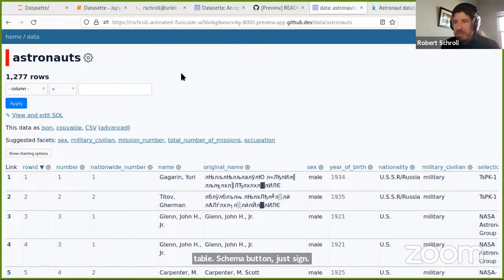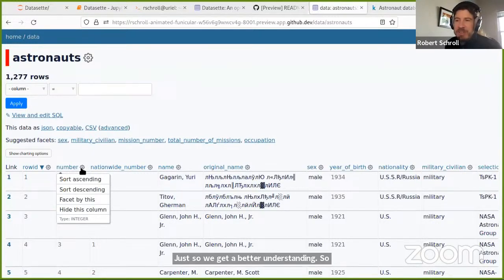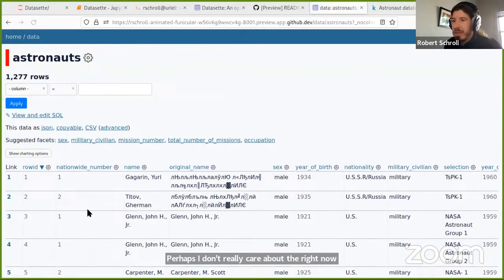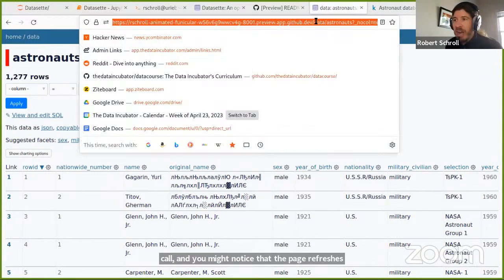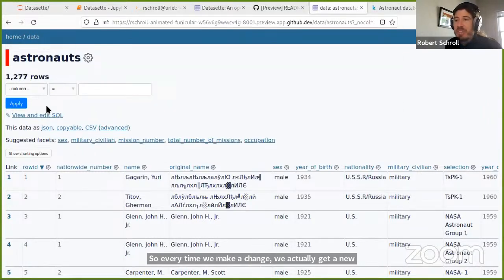So there's a lot of information, but arguably a little bit too much information here. Let's reduce the number of things we're looking at just so we get a better understanding. While these numbers are useful or interesting, perhaps, I don't really care about them right now. So I can click on the column and say, I just want to hide that column. And you might notice that the page refreshes. Every time we make a change, we actually get a new URL of the dataset application that describes exactly the data we're supposed to see.